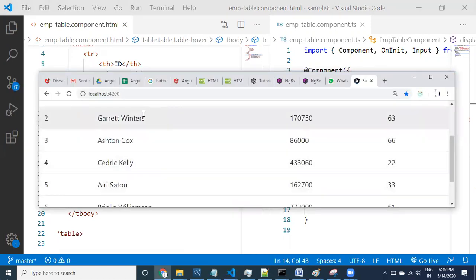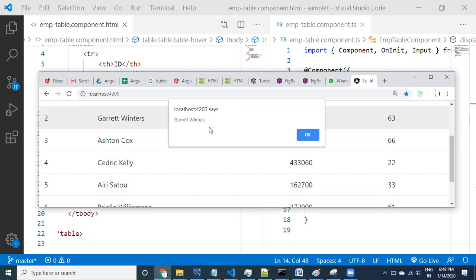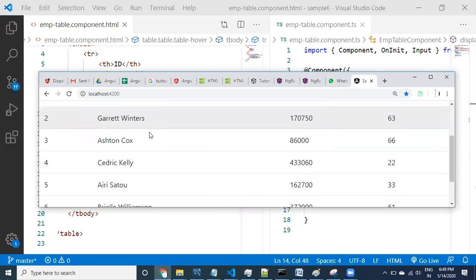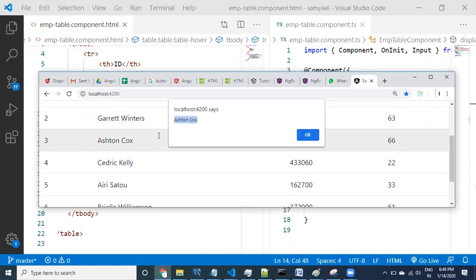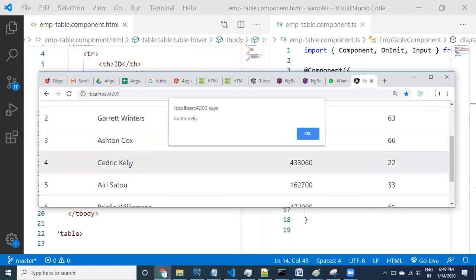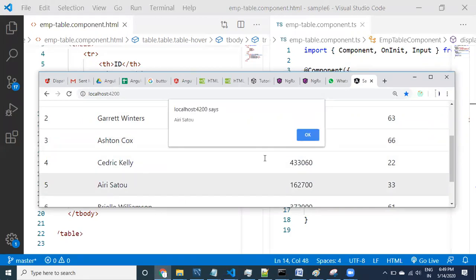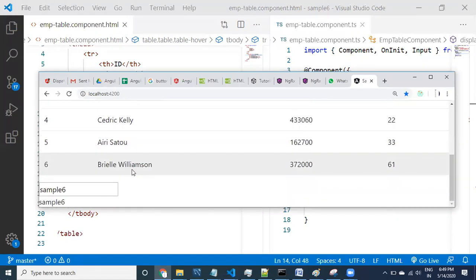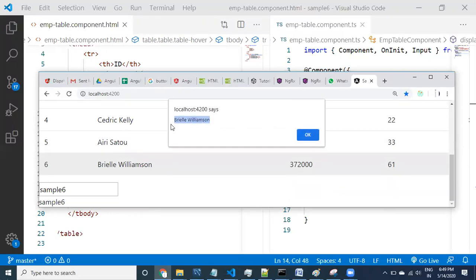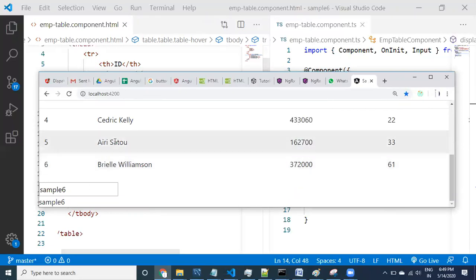Just come here and click on this. Here we are getting the name of the person. If I click on this, we are getting it. On whichever record you click, it is getting displayed.